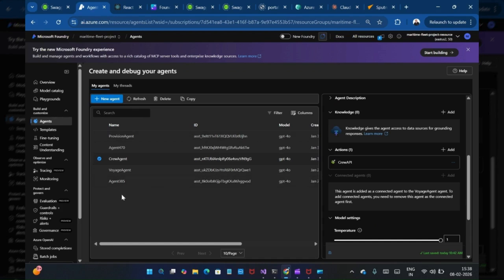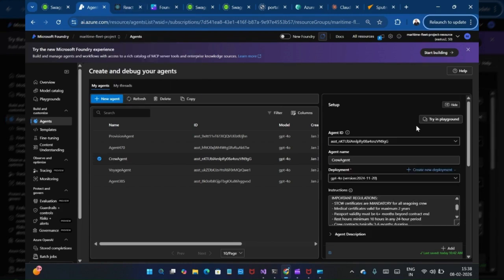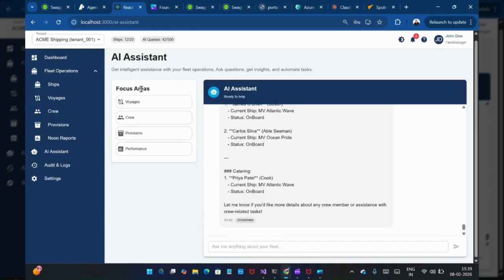Now what I have done is I have configured Entra ID, etc. I'm not going into those details, but I have configured those things, and I have created a small simple front-end application to connect to this Foundry through client SDKs, the Foundry client SDK. I'll quickly show you. Before that, you can see that there is an option, try in playground, wherein you can verify if